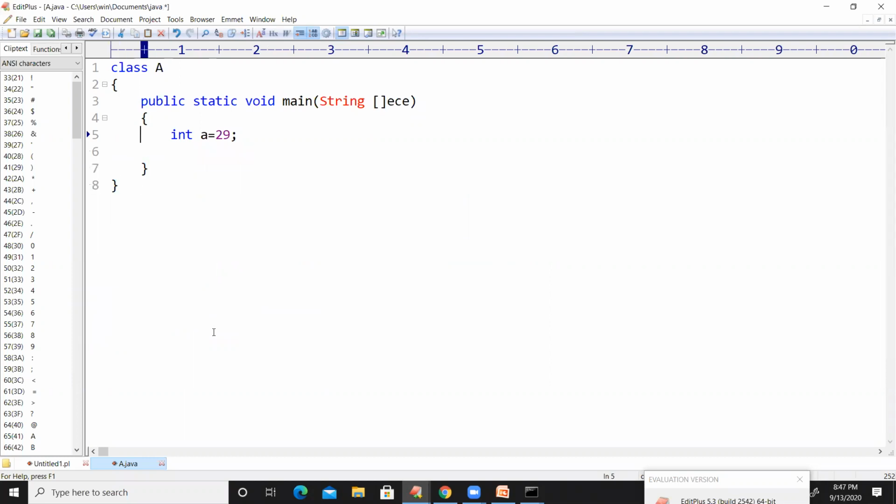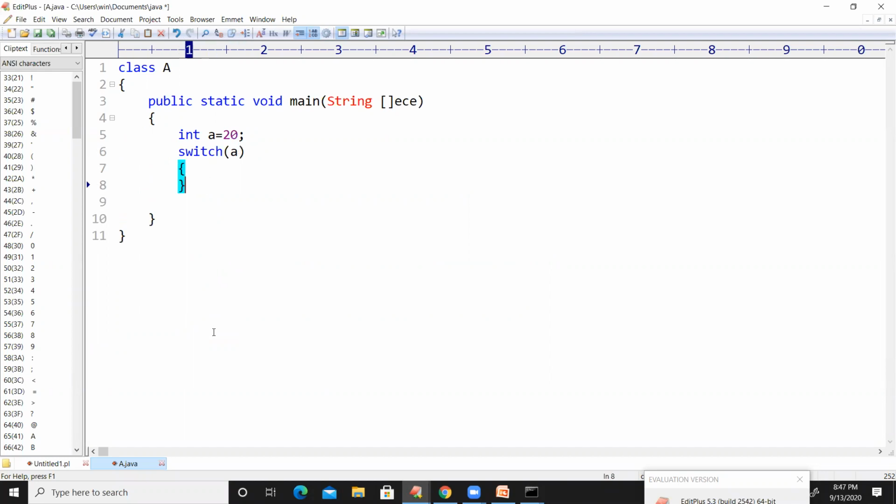There is one variable, int a equal to 20. I am using switch case here, and my expression is a. Inside the switch, I have a number of cases.